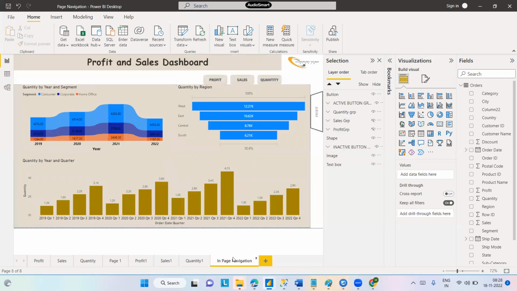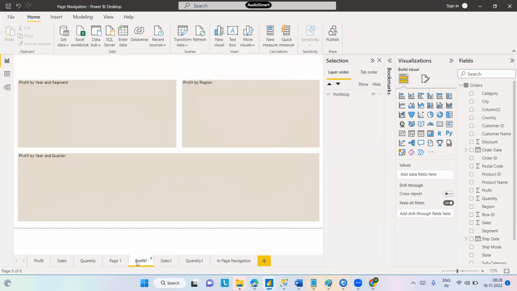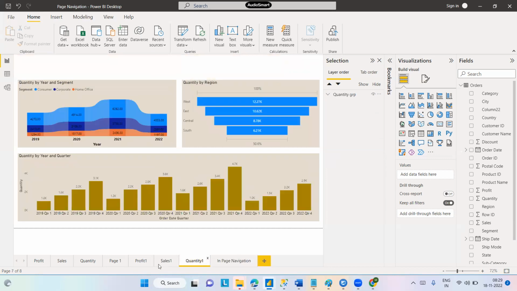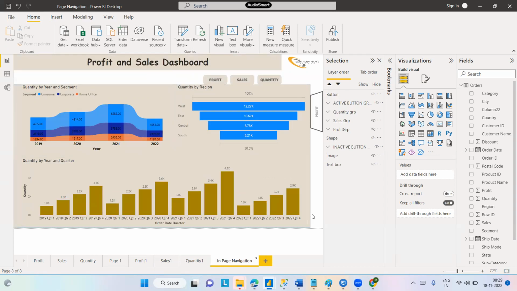No, not that case. I made these three separate pages because that is my logic. Logic in the sense I do not even require to create these three different pages. I can do everything in the in-page navigation only, in this page only. How can I do it? First, I will create the profit visuals here, and I will group it and disable it. Then I will have to copy it and put it on top of it and make the changes. That is a little bit of a tedious job. Why? Because once one dashboard is sitting on top of another visual, another group, doing a change is a little bit tedious. So to make my job easier,